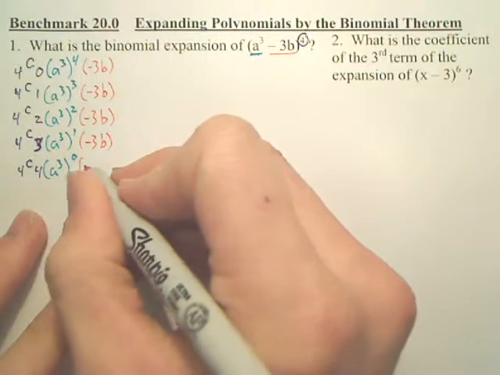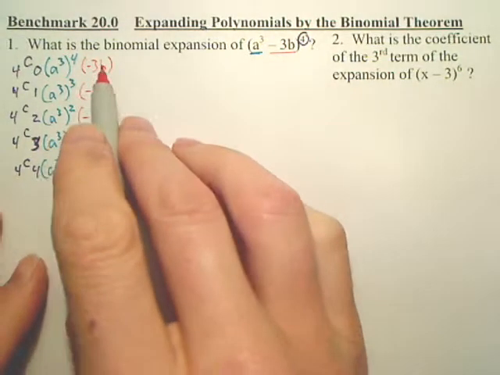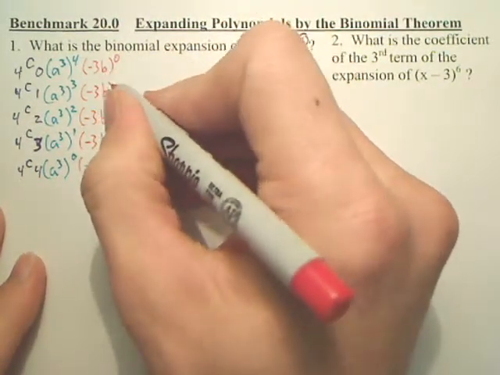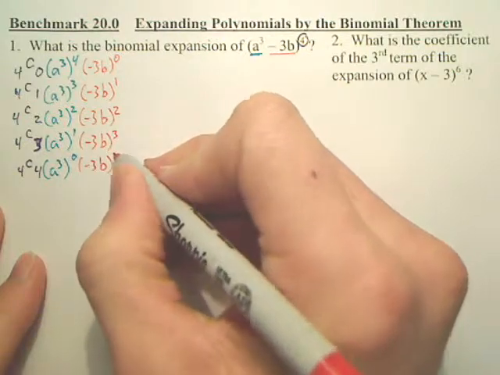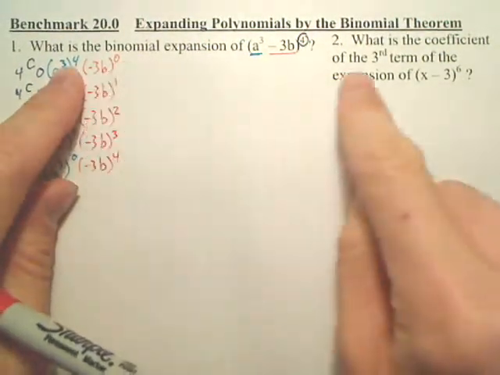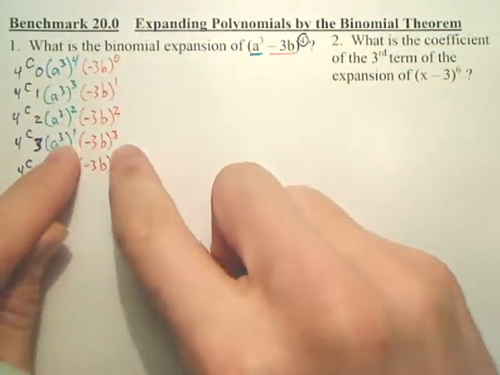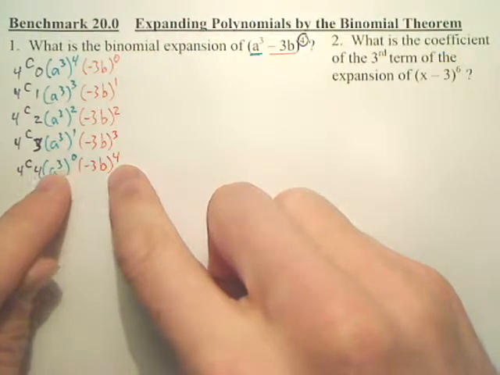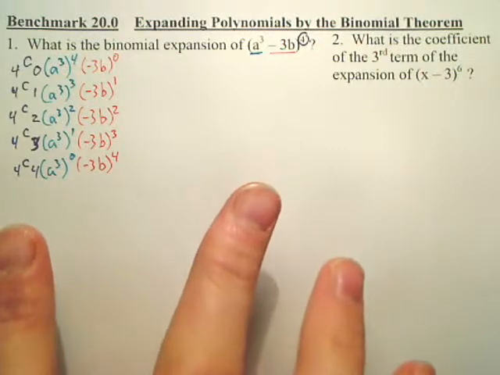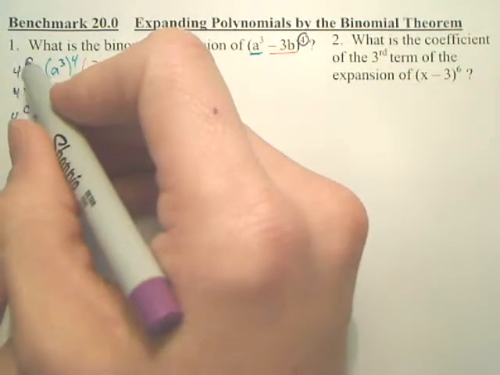Kind of, again, takes a while to write it all. And then what power do we start with? Not the 4th, but here we start with the 0 power and work your way down to the 4th. Now again, these powers should always add up to the 4th power. These should add up to 4, 4, 4, 4, 4. Now we just got to find this, simplify it. Now, the easy way to find this right here